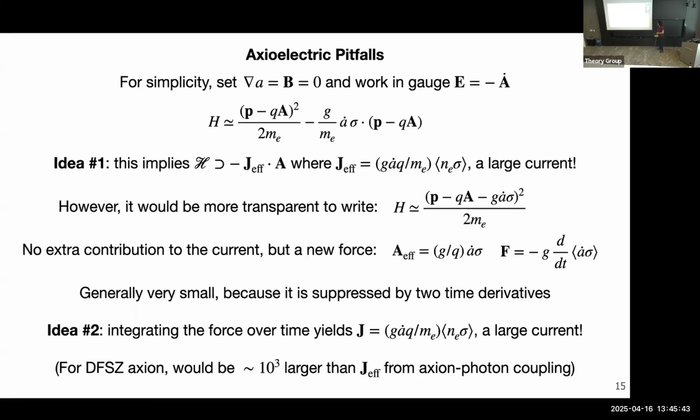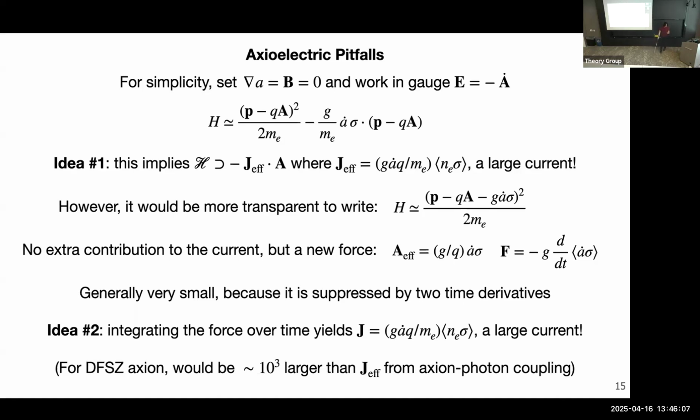So you could say, well, all these particles are just accelerating in this effective field, so they will accelerate up to a speed proportional to A dot. And this, again, is a really large current if you actually numerically evaluate it. If you plug in the numbers here for just an average magnet, this is 10 to the 3 times larger than what people are looking for in these axion-photon experiments. So if you could actually get a current this big, this would make it very easy to probe the QCD axion. But unfortunately, it's even more subtle than that.